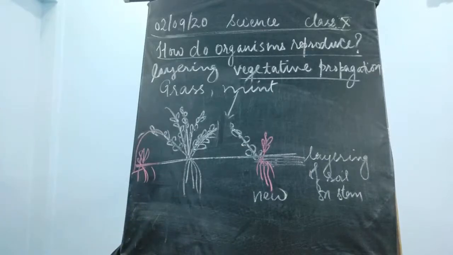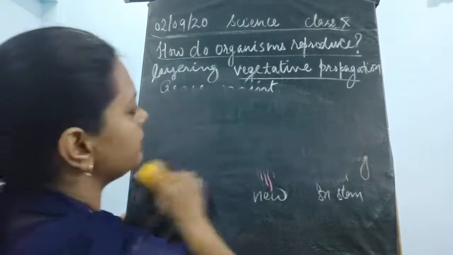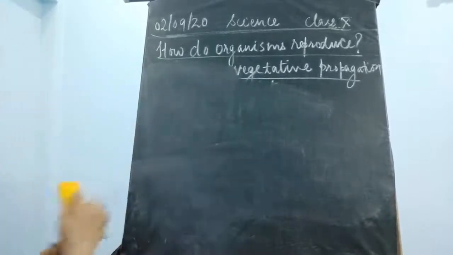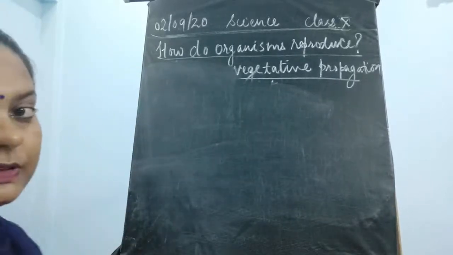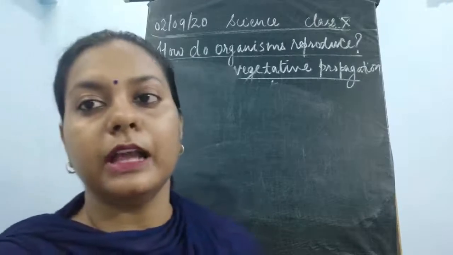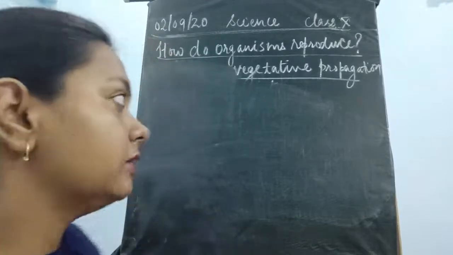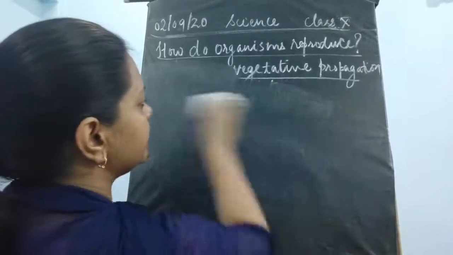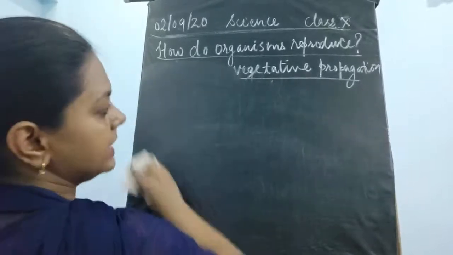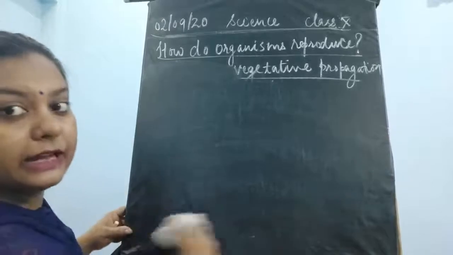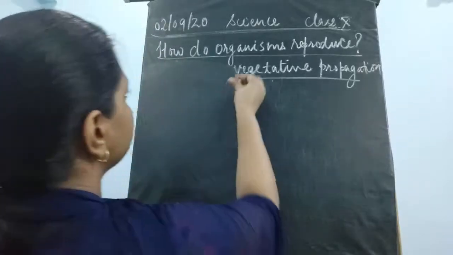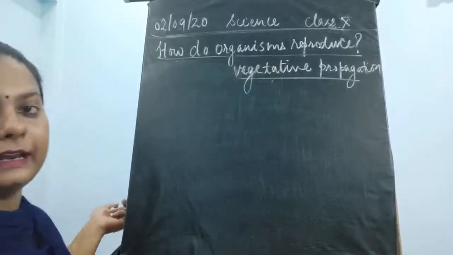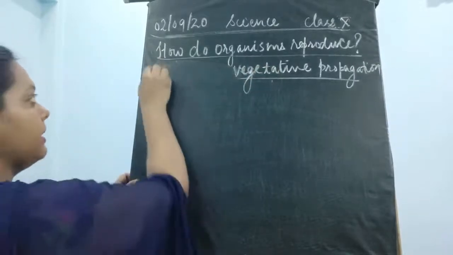So this was about layering in artificial vegetative propagation. This is being practiced in many of the plants, like I told you just now. I have given you some examples of strawberry, and then the mint. Okay, it takes place in the plants with a tender stem, which could be easily layered, children. Okay, so this is about the vegetative propagation, about layering. Now next is the grafting.